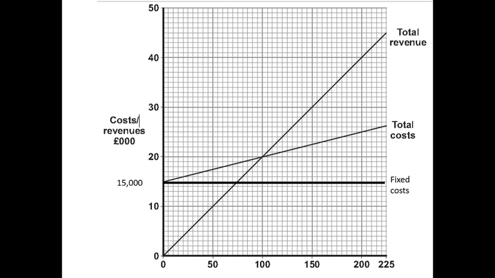So the first thing I'm going to do, the variable cost is £70 per party bag. If we are catering for 100 parties, which is what this person is doing, 100 times 70 equals £7,000. Okay, so total cost is equal to fixed cost plus variable cost. So my total variable cost for 100 units of output is 7,000, plus my fixed cost of 15,000, so 7,000 plus 15 equals 22,000. Okay, so I'm going to plot that on